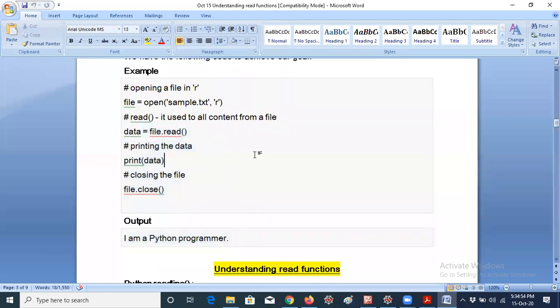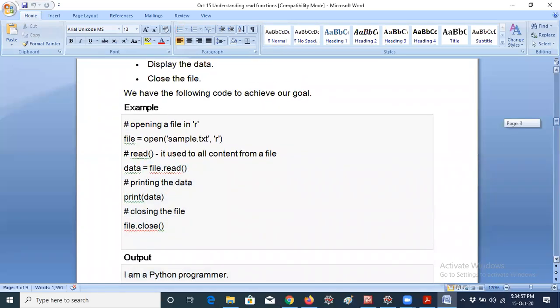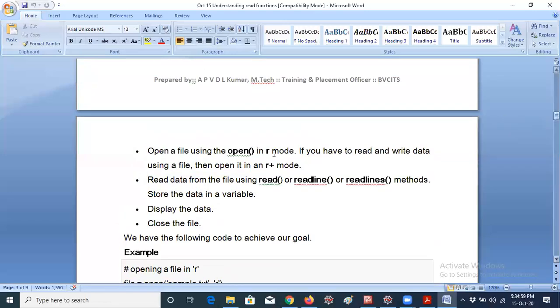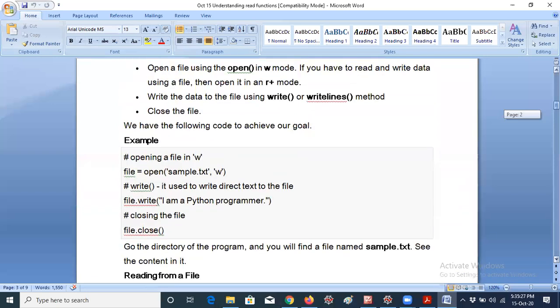In that we have methods like reading data using read, readline or readlines. I discussed read there, and I said I would discuss readline and readlines in Unit 4, so I did not discuss these two methods at that time. Now I will discuss these two concepts also, because we have to discuss the concept called understanding read functions. Anyway, first of all, what is the purpose of a file?